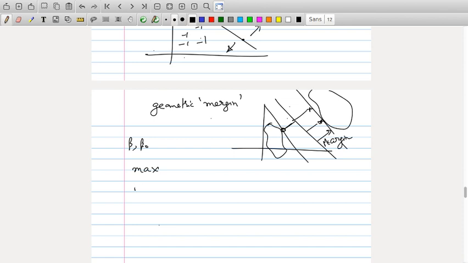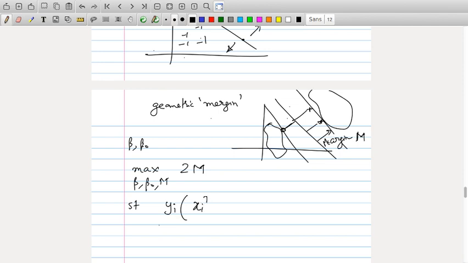We're going to fit the hyperplane's parameters, beta and beta naught, and also m, where m is going to be the margin. Pick that hyperplane which maximizes the margin, such that all points